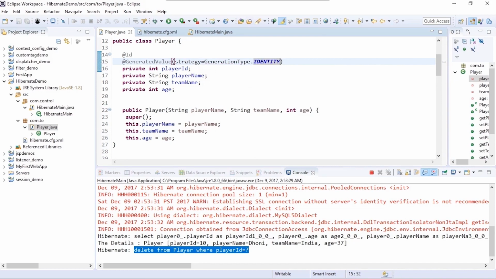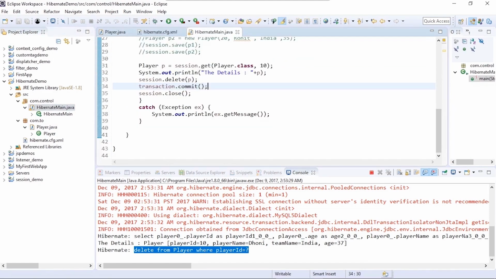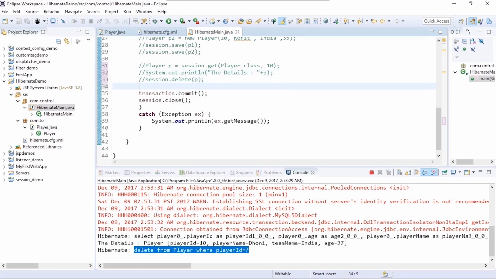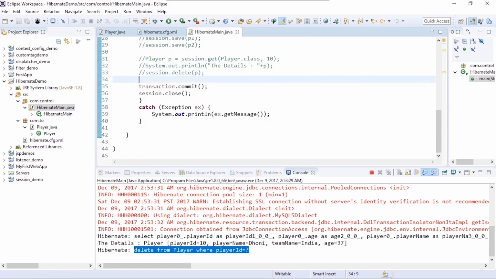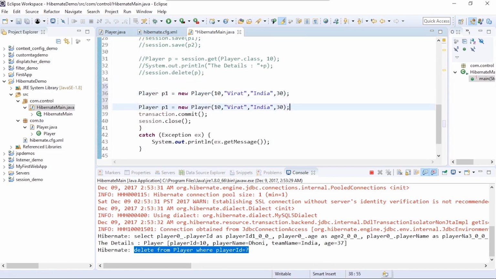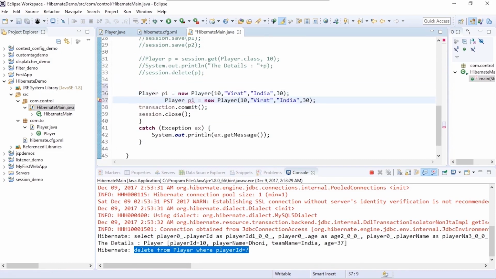So let's come here and we will comment the delete code. Let's now add code to try and insert a record. So we'll add two player objects, P1 and P2.